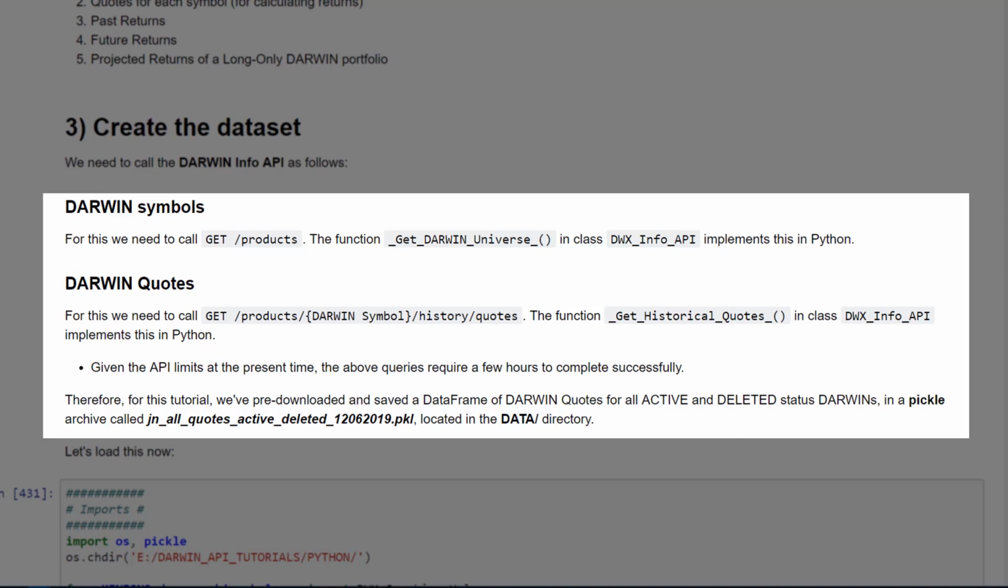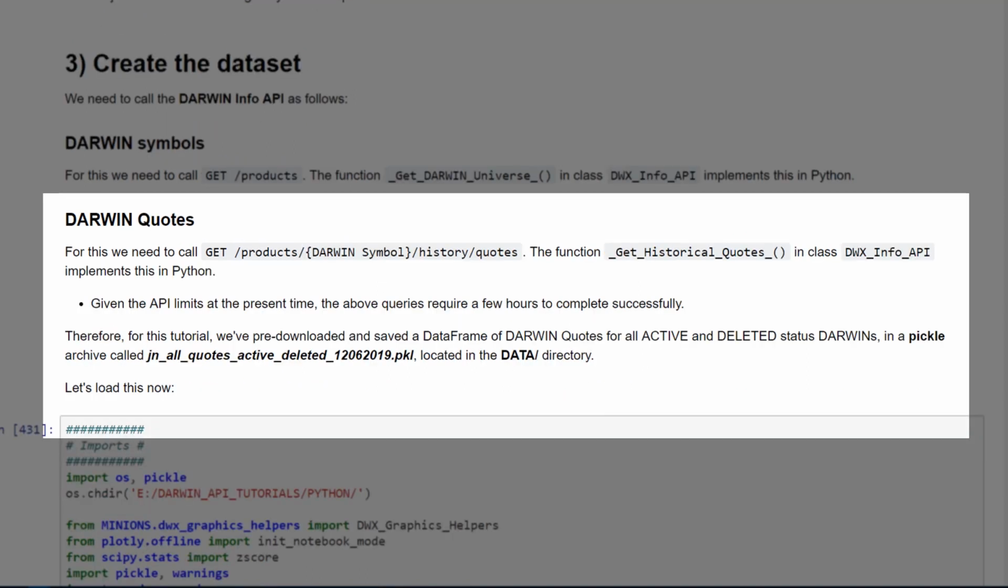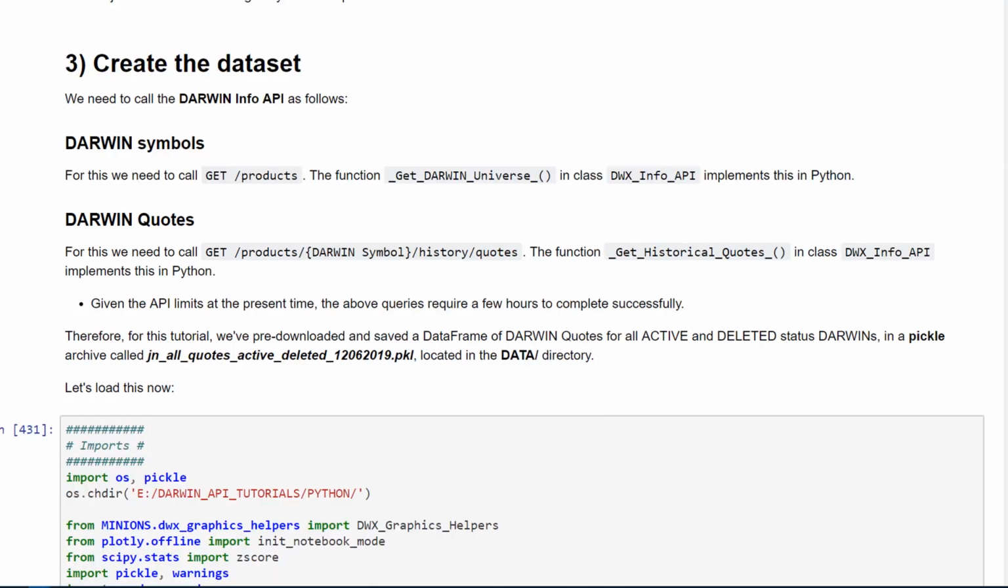So we have to call the API for both active and deleted Darwin symbols and then download the histories for those accordingly. Given that that will take a significant amount of time, we've already done that for you prior to recording this tutorial. So we have a file that has downloaded all this data for Darwins of active and deleted status up until the 12th of June 2019. And this data is located for you in a pickle archive inside the data directory on GitHub,